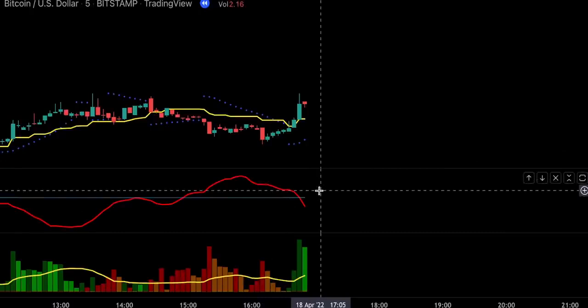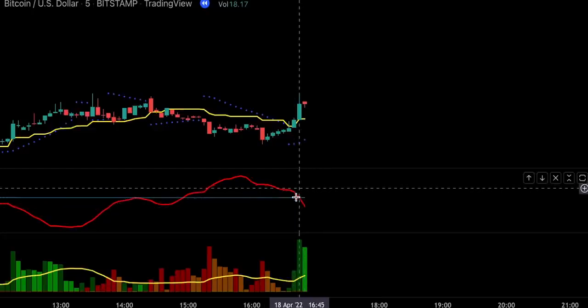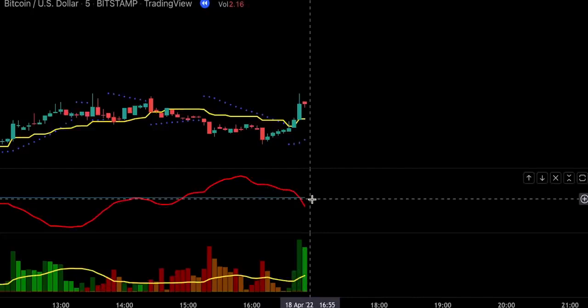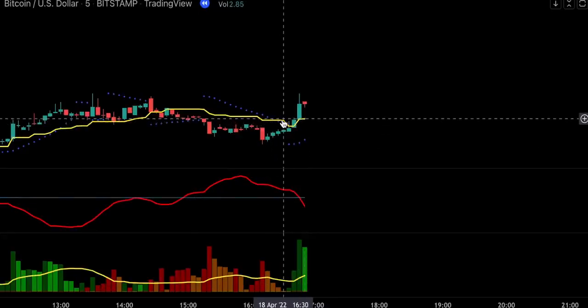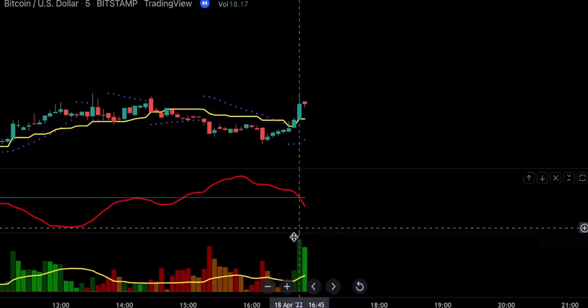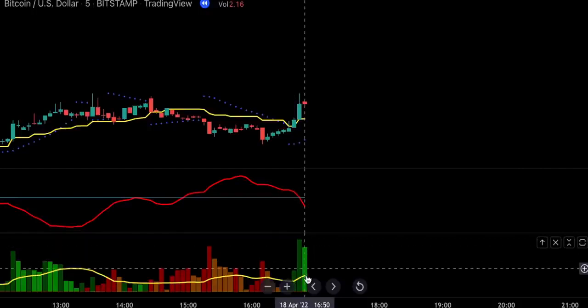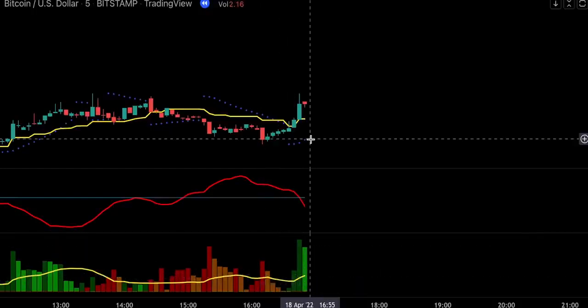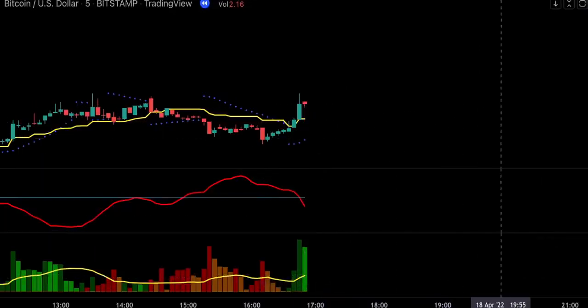So we're only going to be looking to buy if we have a new bullish signal from our DD Index. This indicator works the other way around, so whenever you see this red line crossing zero line downwards, this is a new bullish signal. We're also looking for the price to close above this Kijun Sen yellow line. And finally, we're going to be looking at our Waddah Attar Explosion indicator for sufficient bullish volume. So this histogram has to be colored in either dark or light green and has to break above this yellow moving average. So once we have these three conditions met, we're going to go ahead and take a long position,